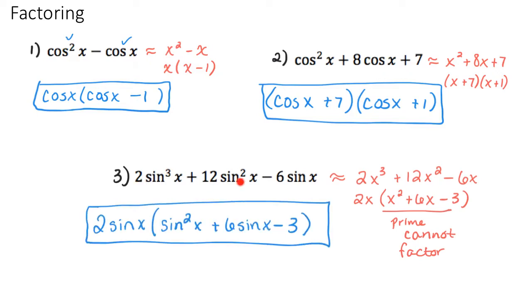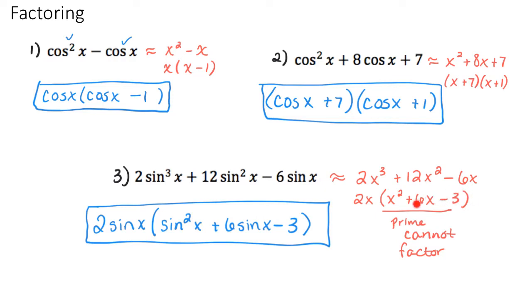Okay, so the first thing that I did is I turned it into a polynomial of the same form. I saw that I had a 2 times the variable all in common, so I factored out a GCF of 2x, which correlates to a 2 sine of x if I factor out a GCF of each of the original trig expression. And then my remaining quadratic was x squared plus 6x minus 3,